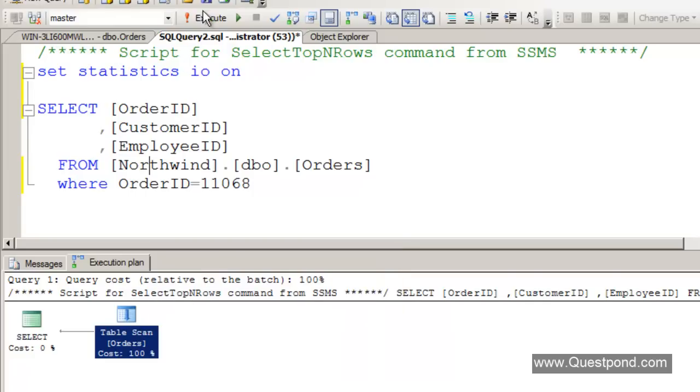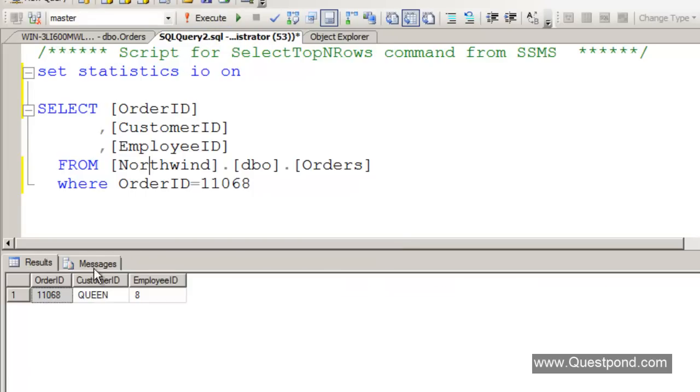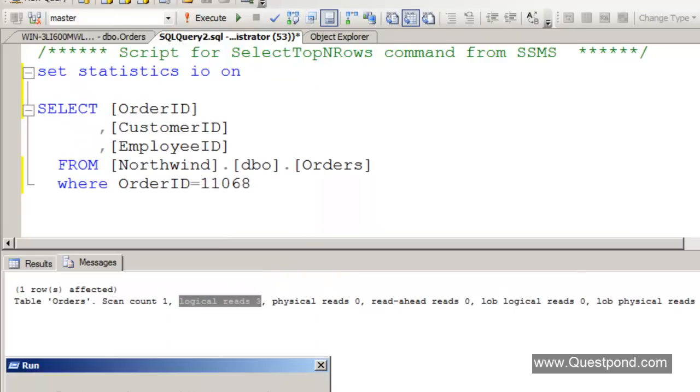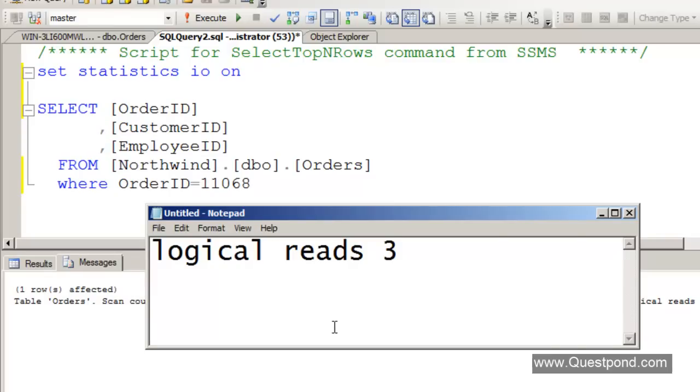Let me see the statistics here. You can see it is doing three logical reads. So I'll copy paste this in a notepad, saying that when there was a table scan, it did three logical reads.